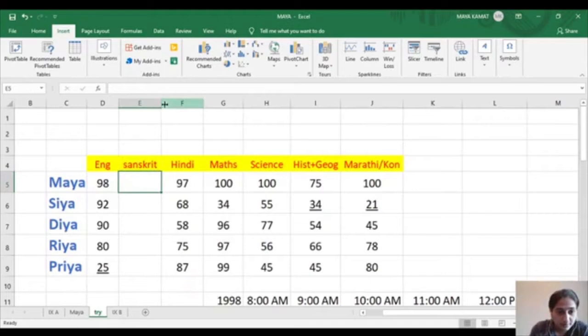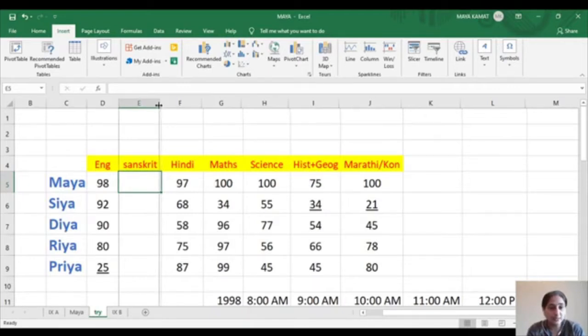How? You have to come back to the column, let's say column E, where the column is ending, right? You can see this vertical line which is ending the column. Just click on that line, and you will see a double-sided arrow coming.